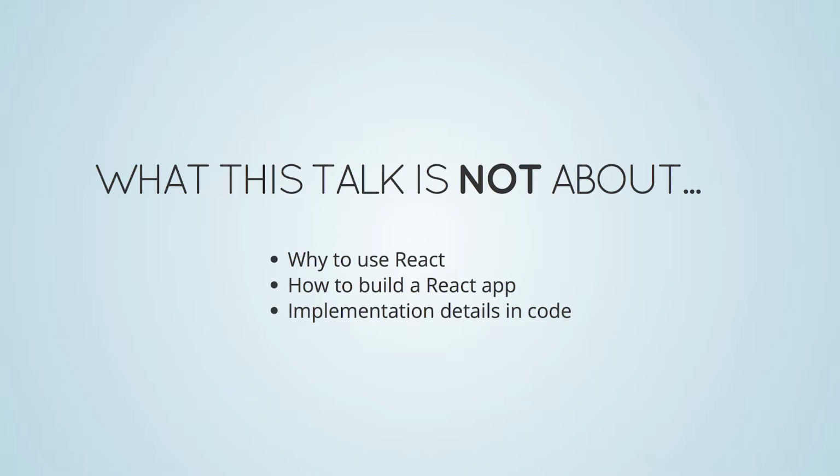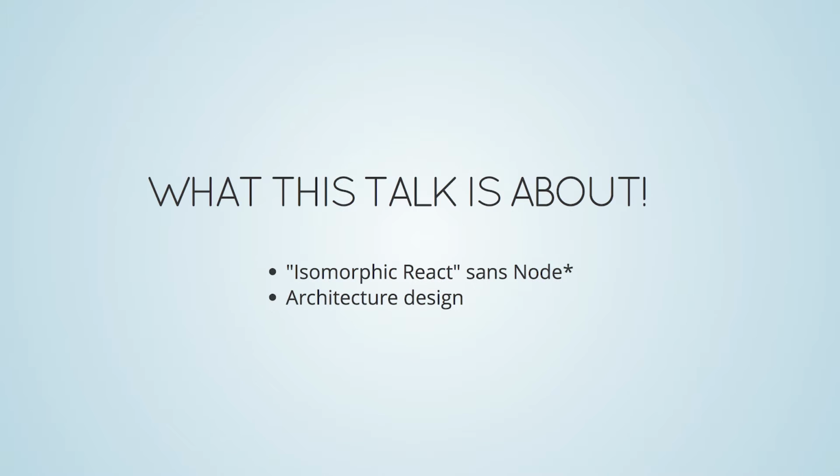So first, let me set the groundwork, what this talk is not about. Since this is a React meetup, I'm assuming that most of you already know React, hopefully. I don't have time to go over it anyway, so I'm assuming you already know how to use React, why to use React, and how to build with React. And I'm not going to go into implementation details of how we built and architected what we did, because it'll take us all in the weeds, and we don't want to go there. But instead, what I am going to talk about is this concept of isomorphic React, and then without a node